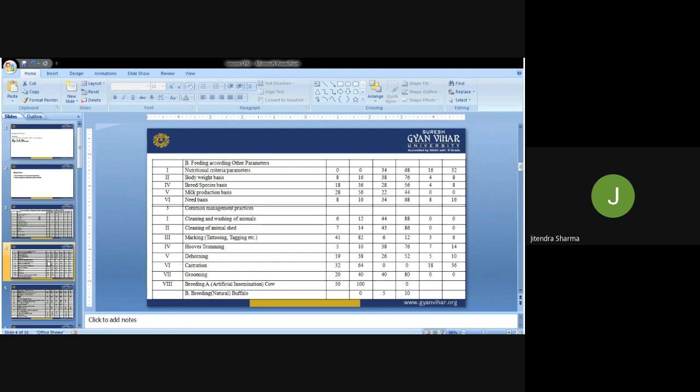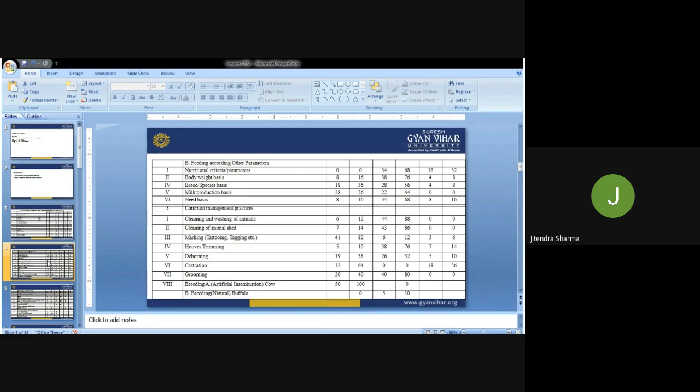They are partially, almost all, of course, all are following the practice of cleaning of the animal shed. 14% are fully following that practice, and they do not allow the discharge to stay; immediately they remove the discharge of the animals from the shed. So those active farmers know the importance of hygiene. But 86% were found to be partially following this practice as per